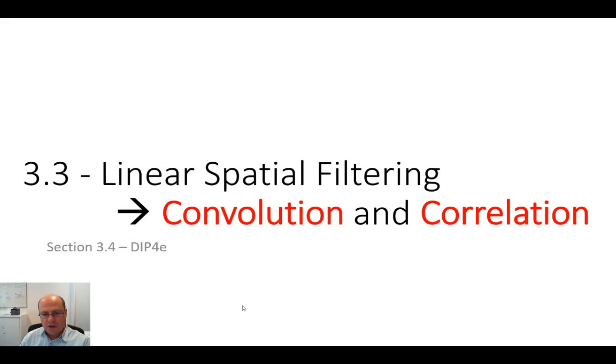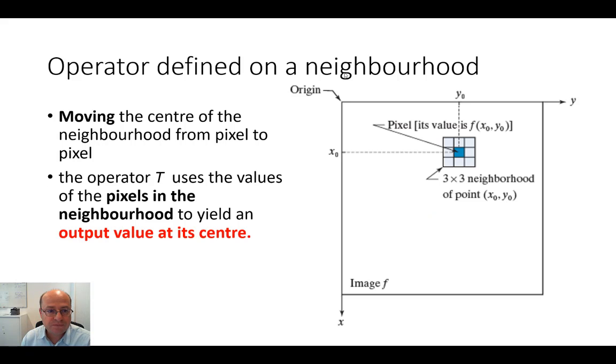Let's talk about convolution and correlation, and begin to talk about some of the most fundamental methods of spatial filtering. Before starting with the method itself, let's recall the concept of an operator defined on a neighborhood. Remember that we had the moving center of the neighborhood from pixel to pixel